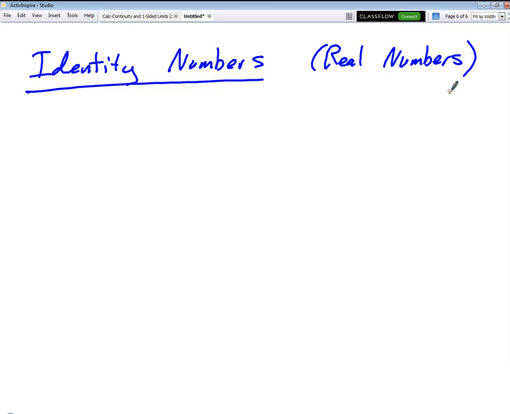Okay, there's a little fine print here. What I'm talking about now only applies to real numbers. It does not apply to imaginary numbers, nor does it apply to matrices or other things that we'll eventually talk about this year and/or next year. So this is just for real numbers, the identity numbers. The multiplicative